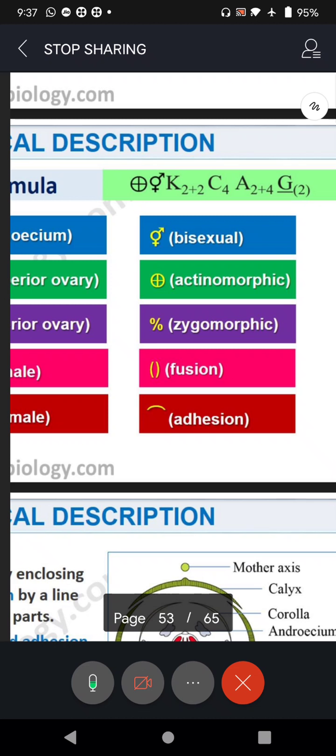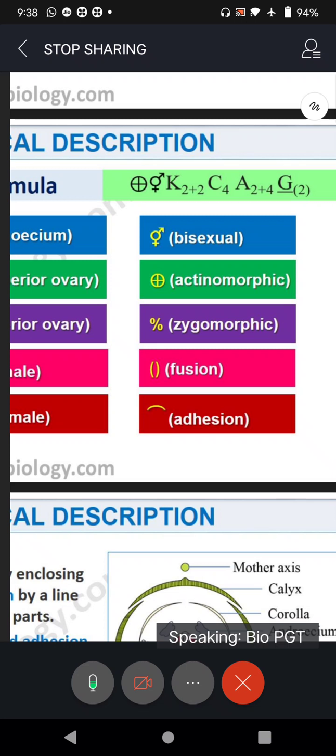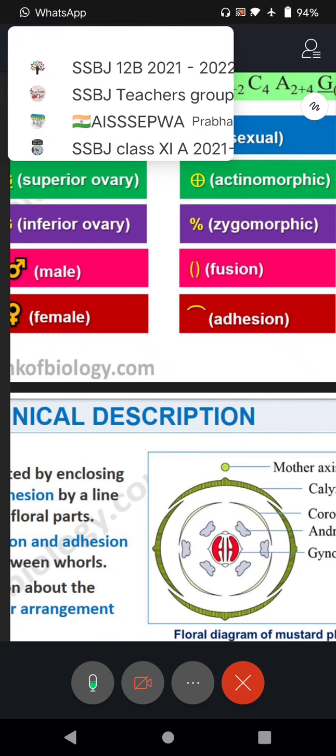We say bilateral, two sides. And then when you put the brackets, just now I said it is fusion, united. Petals are united, sepals are united, like that. And if there is a bridge, like yesterday I said in family Solanaceae, we have put this bridge between androecium and C, because the androecium stamens are attached to petals. That's why we put that bridge, A over C, that is adhesion. So these are the symbols you must know basically. Then you can write the floral formula.